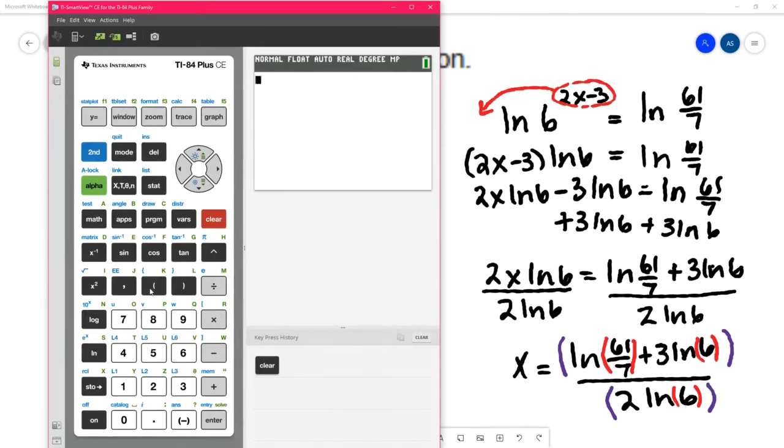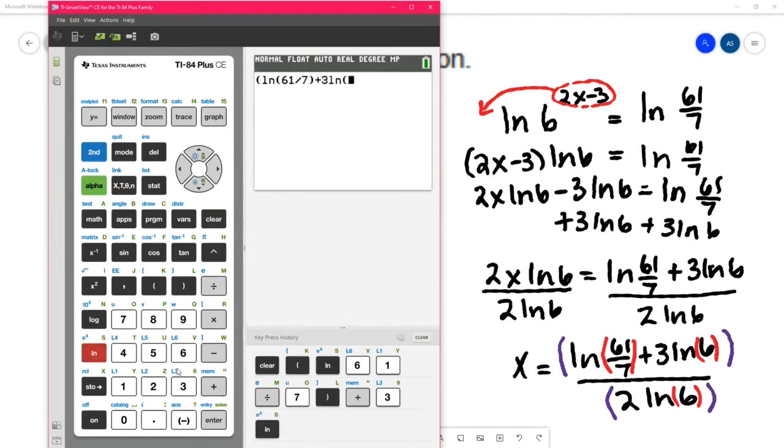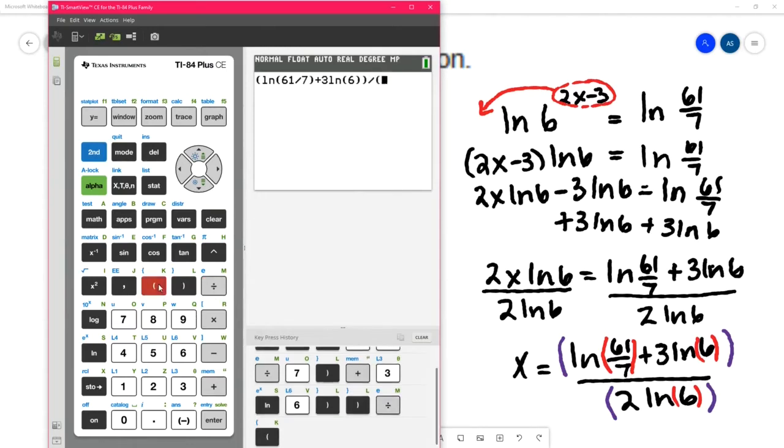It's going to be parenthesis, natural log of 61 over 7, close parenthesis, plus 3 natural log of 6, close parenthesis for the log, close parenthesis for the denominator. We'll do our division, parenthesis for the denominator. We have 2 natural log of 6, close parenthesis for the log, close parenthesis for the denominator. And that gives us